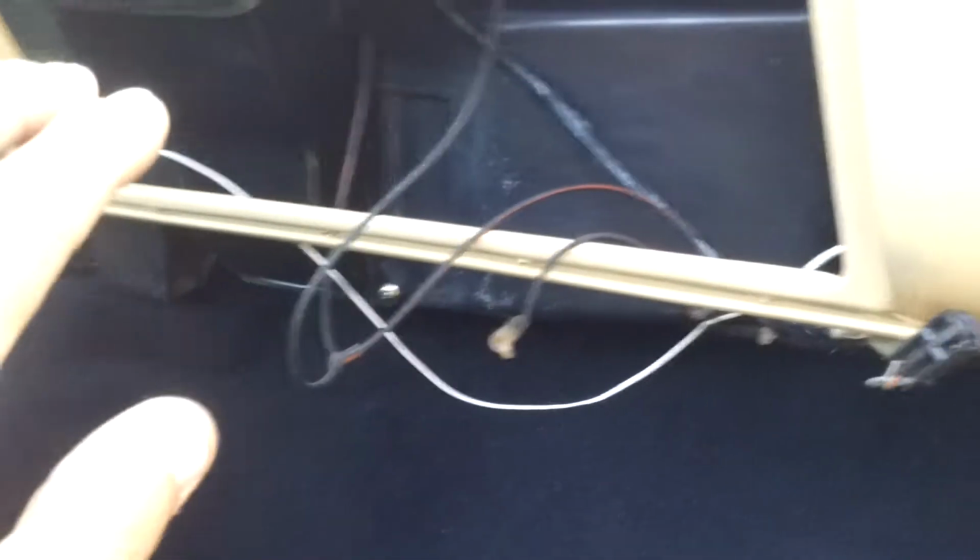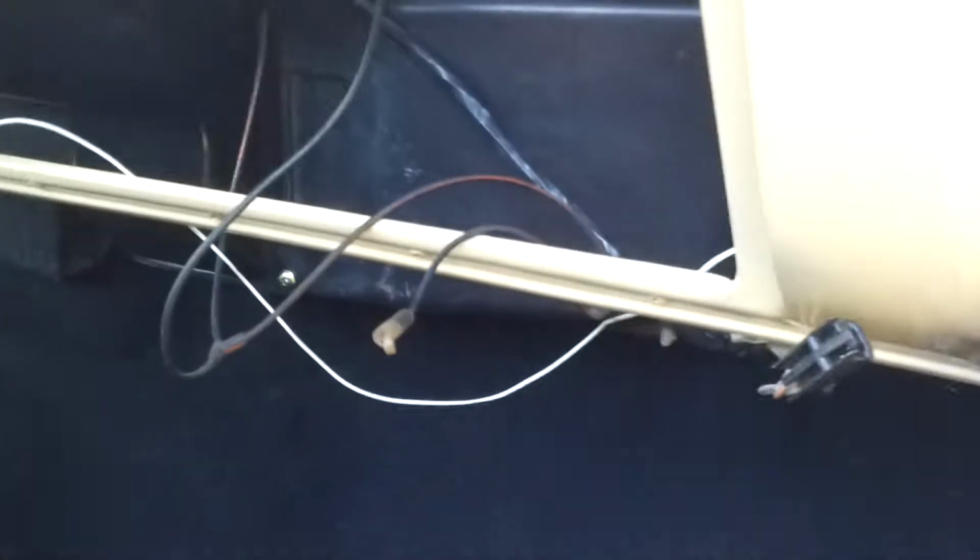But yeah, a lot of people cut it really short because they can't get it to go up underneath it. And since the AC box isn't permanently bolted in, I don't have everything in there. I'm going to do the extra work, and I'm going to pull this AC box back out, because you can see all the slack that I have. This whole hump is all the slack. So I'm going to pull the AC back out. I'm also going to take the gas pedal out, and I might even undo the fuse box. But I don't want to see any of that insulation in there. So if it takes a little bit more work and it will cover up all that insulation,